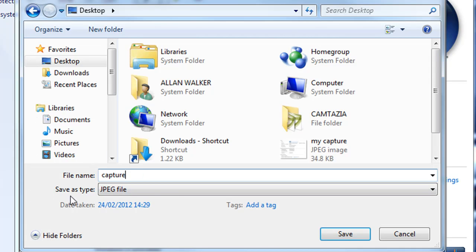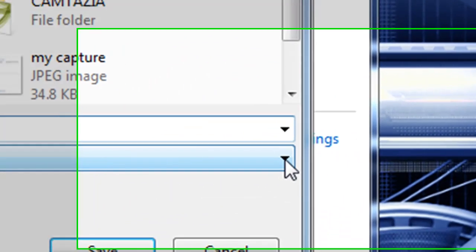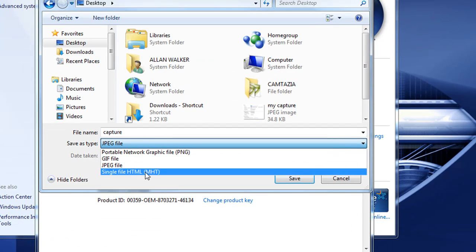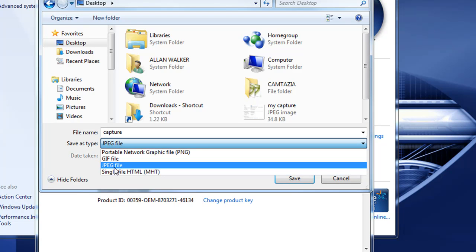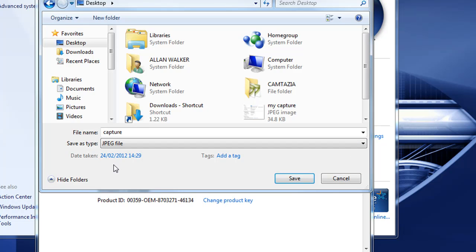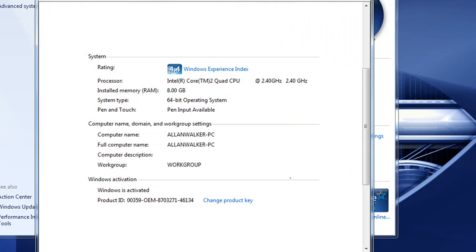and you've got to tell it what format to save it in. Now if you click on this wee downward arrow here, this will give you the range of file formats that you can actually save this in. JPEG is the most common, so that's the one we're going to use. I'm not going to go into things that are really irrelevant at this point. It's just the basic stuff to get you up and running. So we're going to choose a JPEG, and all you do then is you click save, and it will save